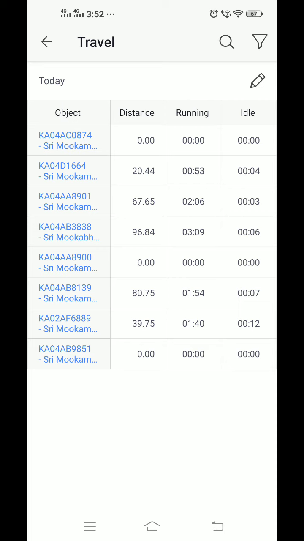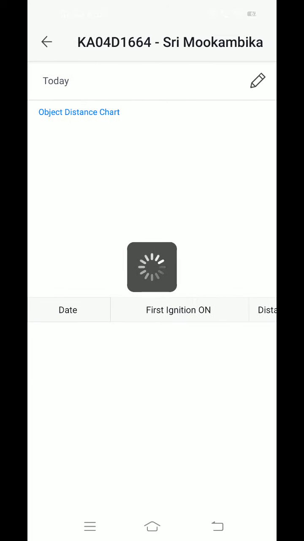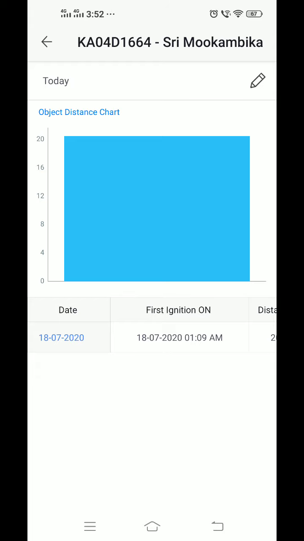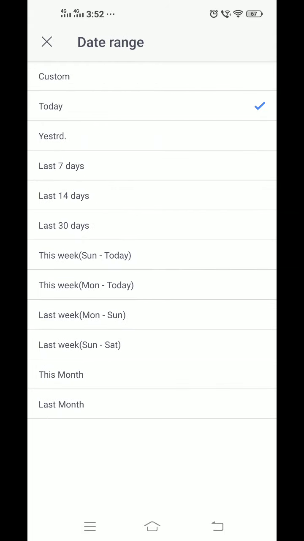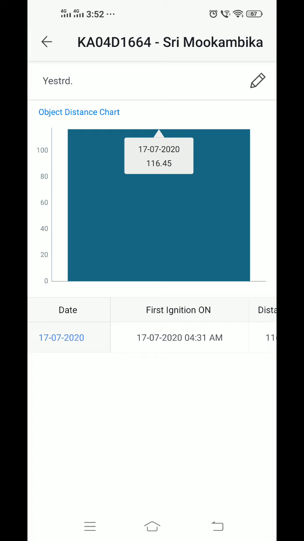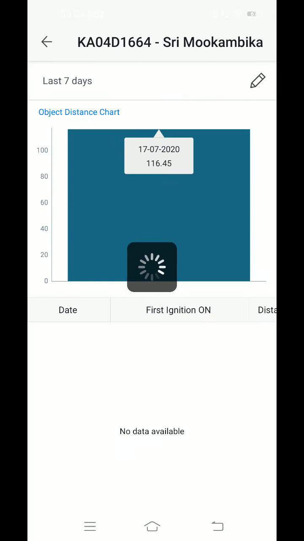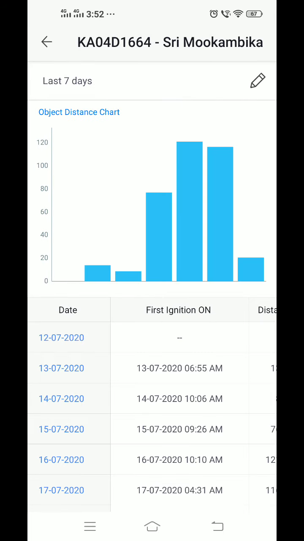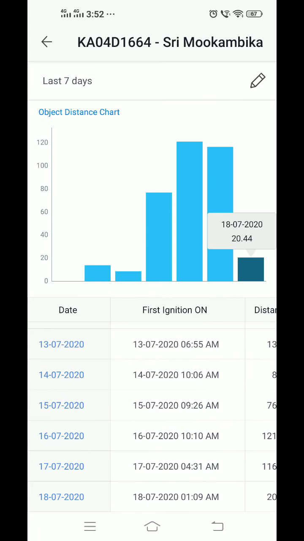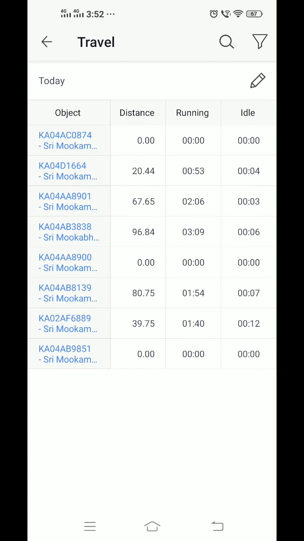The second vehicle has traveled 20 kilometers, and the third vehicle has traveled 70 kilometers. Even if you click on this, you can individually monitor from yesterday how many kilometers, and from the last 1 week how many kilometers the vehicle has been driven. You can click on the chart and see the number of kilometers on the current day. So these are the options.